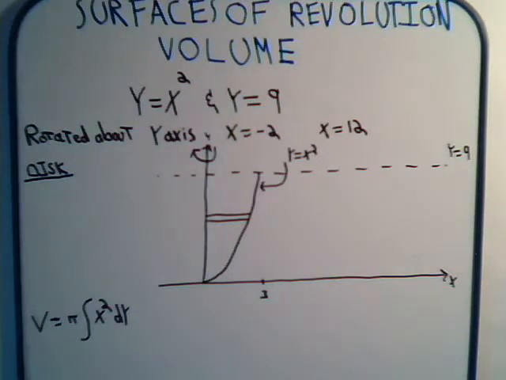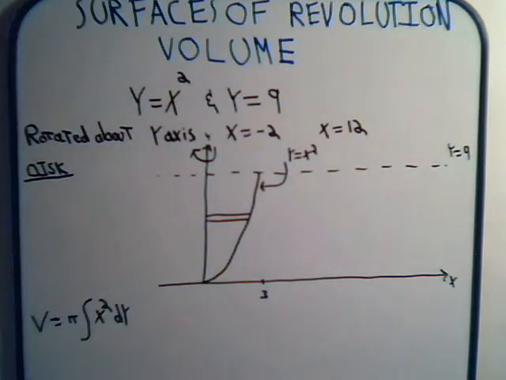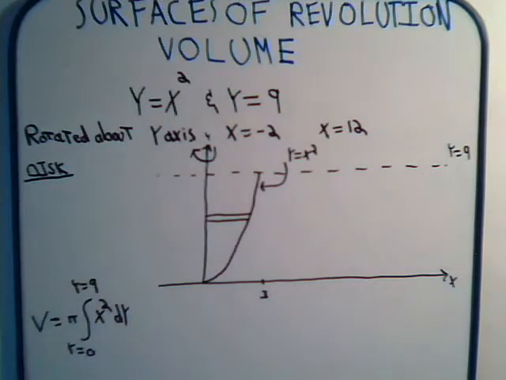and we would add up the volume of all these circular disks, starting down here at y equals 0, and going all the way on up to where y equals 9. So we would have, for our limits, y equals 0, y equals 9. So that's the setup for the problem,